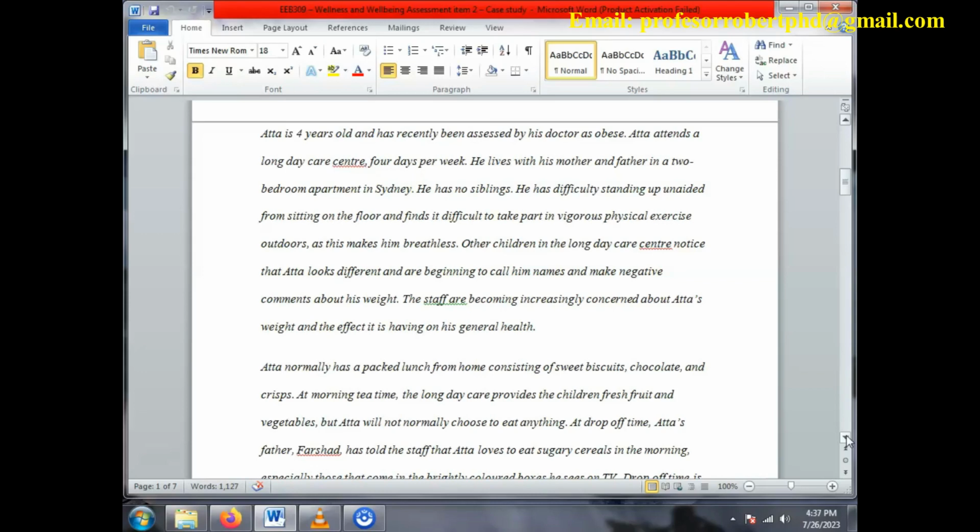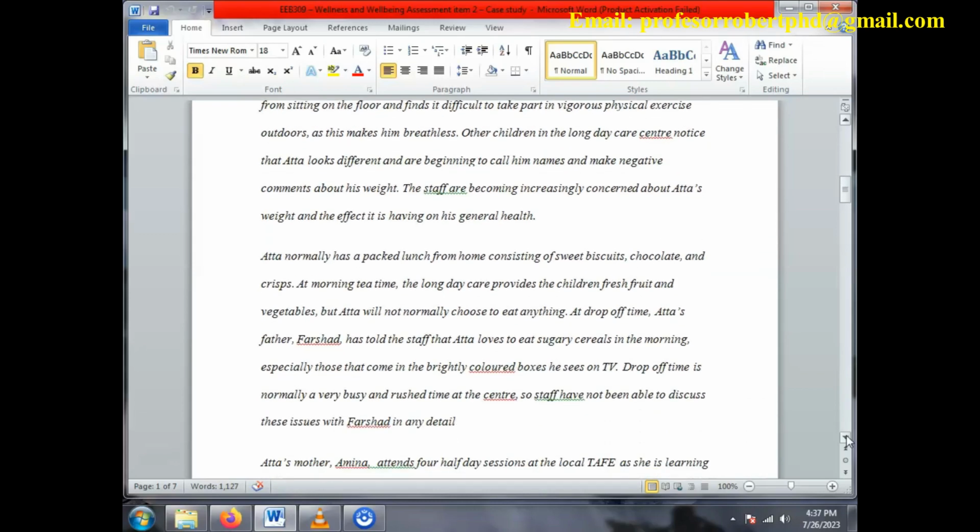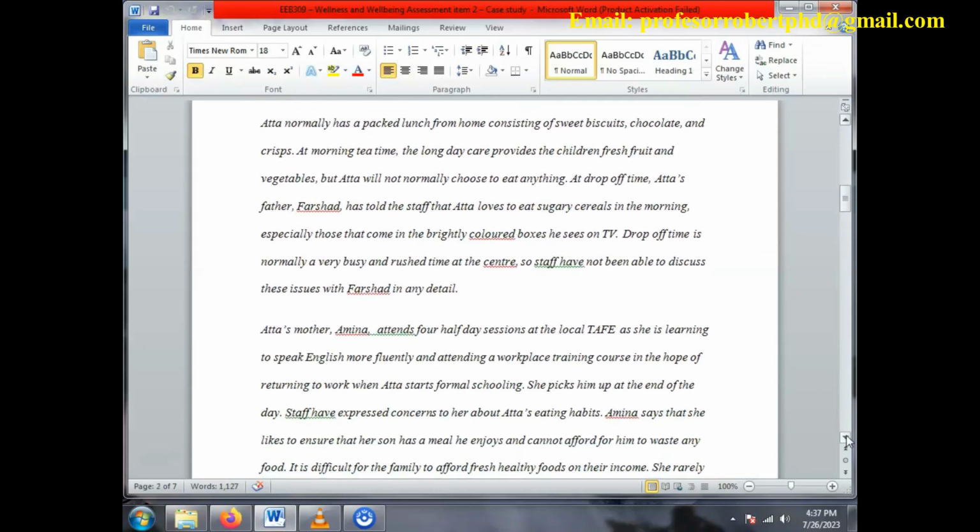He has no siblings. He has difficulty standing up unaided from sitting on the floor and finds it difficult to take part in vigorous physical exercise outdoors, as this makes him breathless. Other children in the long-day care center notice that Ada looks different and are beginning to call him names and make negative comments about his weight. The staff are becoming increasingly concerned about Ada's weight and the effect it is having on his general health. Ada normally has a packed lunch from home consisting of sweet biscuits, chocolate, and crisps. At morning tea time, the center provides the children fresh fruit and vegetables, but Ada will not normally choose